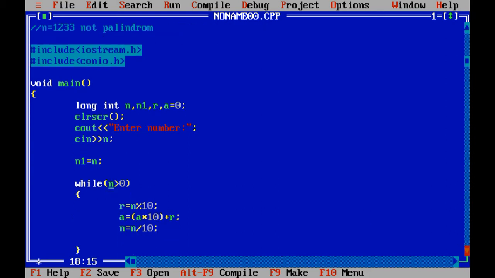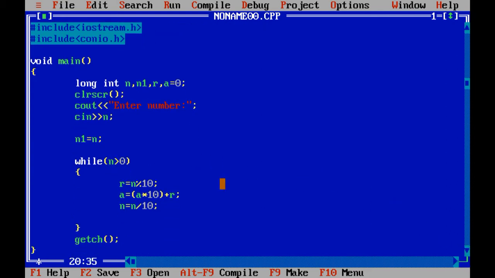Because consider a case of Armstrong. In the Armstrong number this returns 3, this returns 15. After that in the second iteration it returns 5 and it returns 1. Is it clear to everyone? And after that this returns 1 and it returns 0. In this way 153 is separated and this is used for the execution of the loop. Now in our case we will see in detail, but right now let me complete the program.